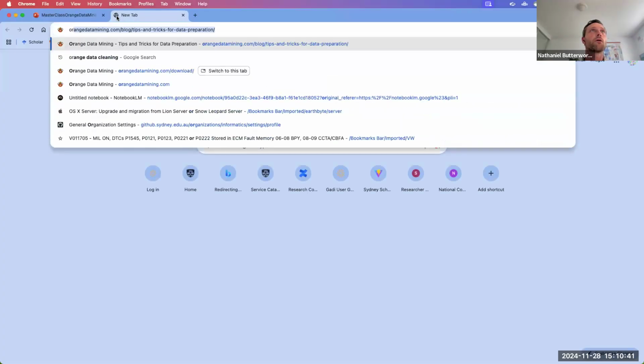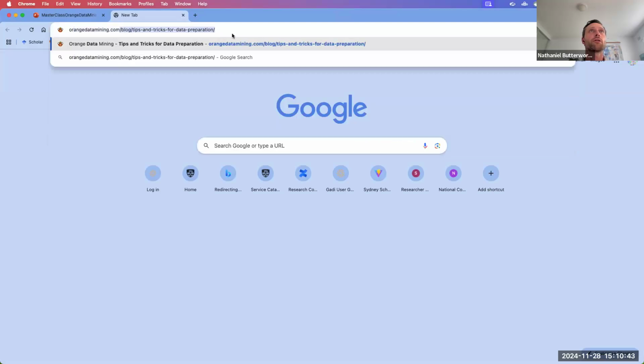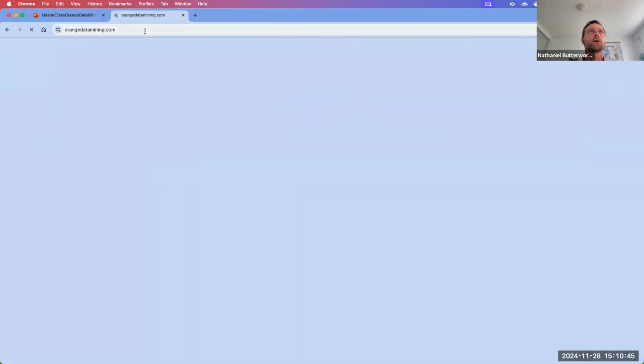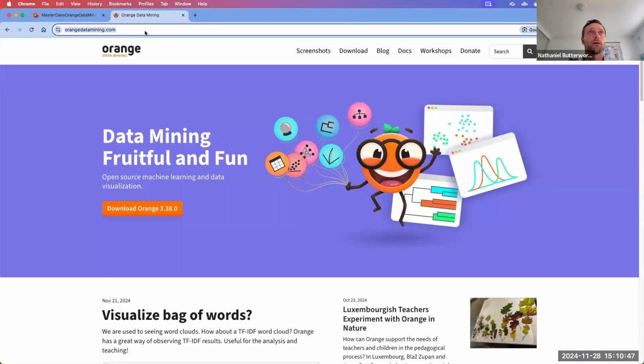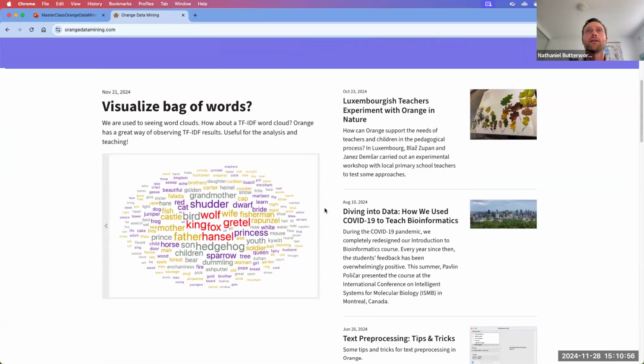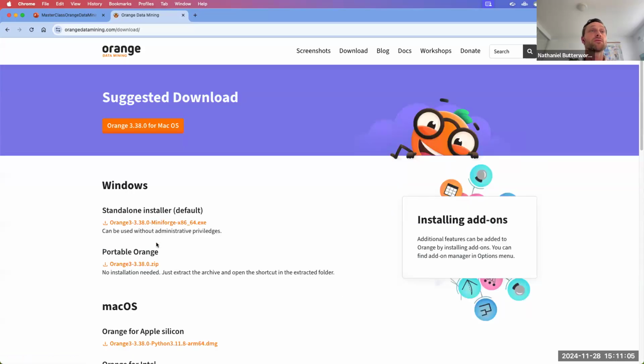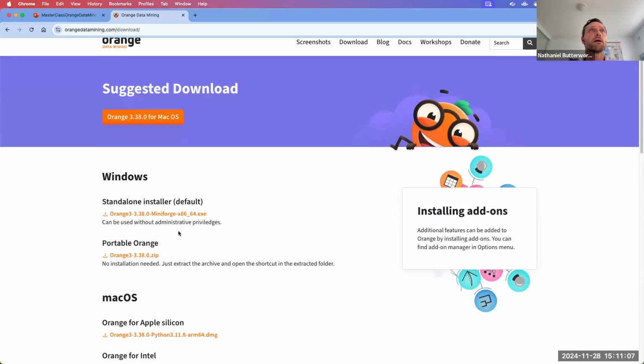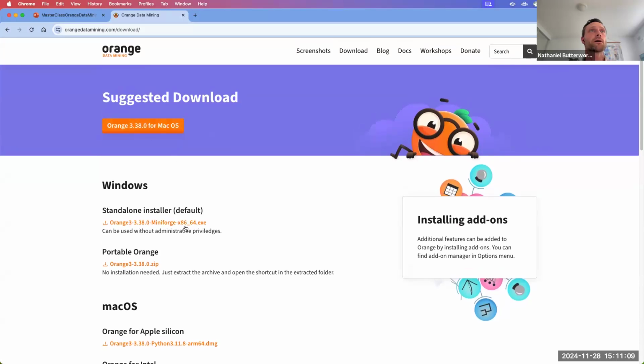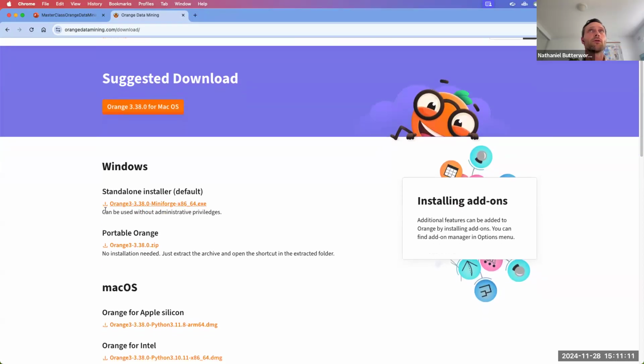Orange. Let's go Orange data mining. I'm going to go to this website, and I will copy and paste this in the chat so you can follow along. Yeah, very, very friendly and approachable website, I think. And this big download button is on the front page. So if you want to download it on your own system, it's supported by Windows and Mac. It's predicted that I'm on a Mac here, but you can also download the,